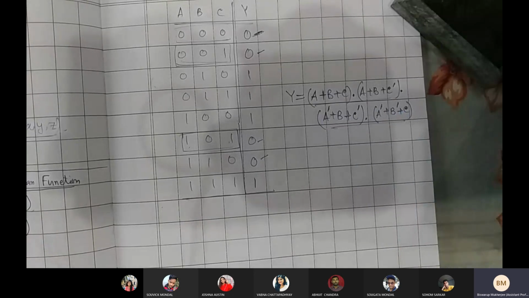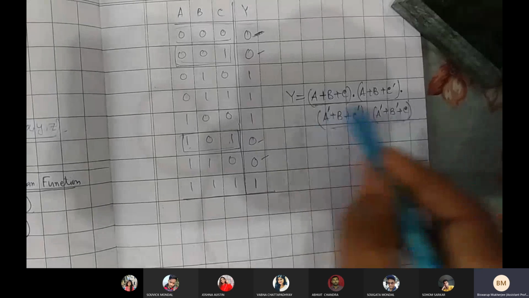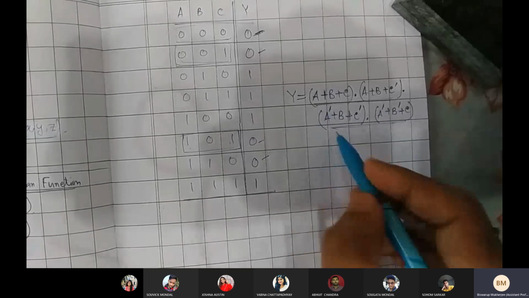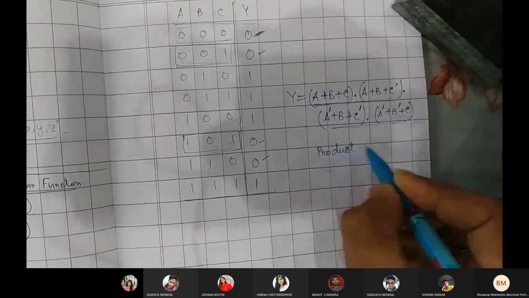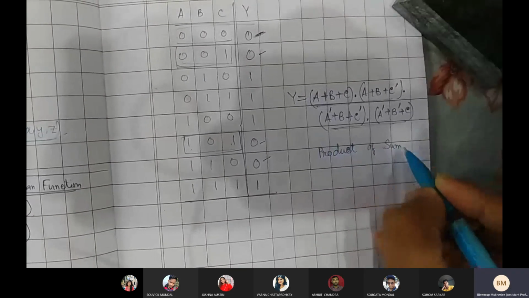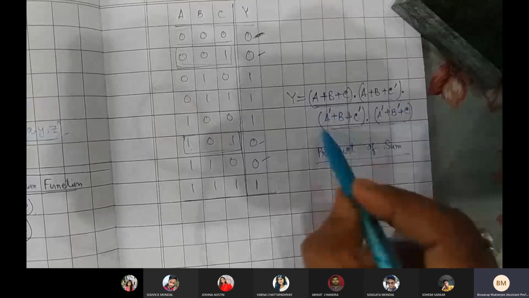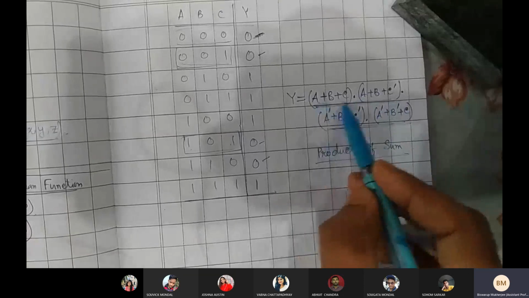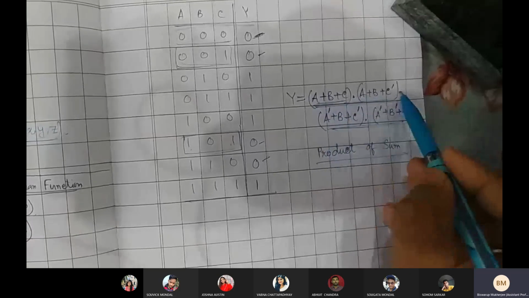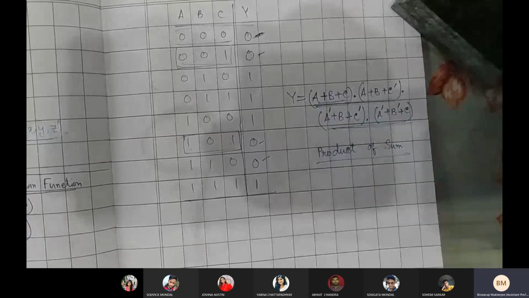My point is that while considering 0, make sure that the expression comes, যে expressionটা আসে, that is in form of product of sum. Product of sum. So that is also one canonical form. Make sure about this one. It is also one sort of canonical form, because these are actually sums for which the product has been formed. যাদেরকে নিয়ে product হয়েছে.